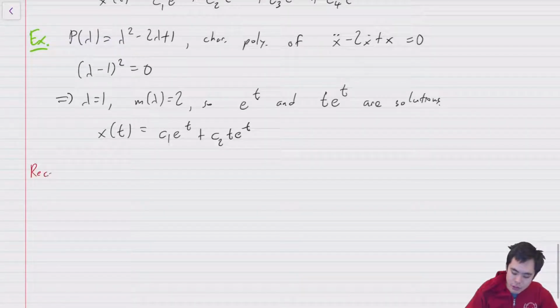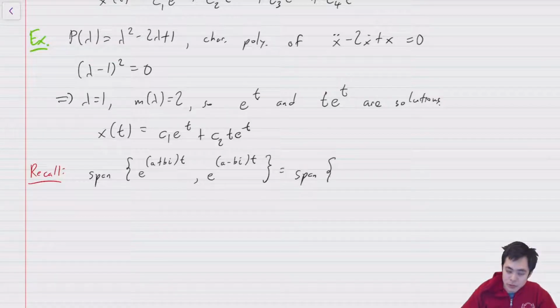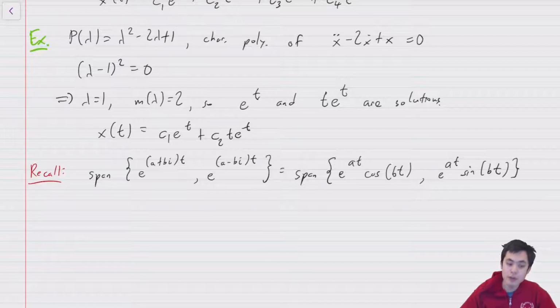Now, it's actually a little bit important sometimes when you want real solutions to remember that the span of e to the a plus bi t and e to the a minus bi t, where a and b are real, is equal to the span of e to the at cosine of bt and e to the at sine of bt. And this is something you can figure out from Euler's equation. And so going back to the first example,